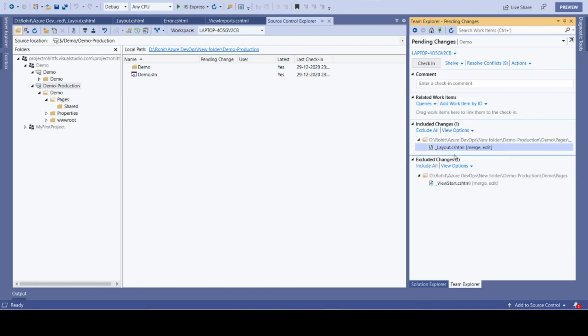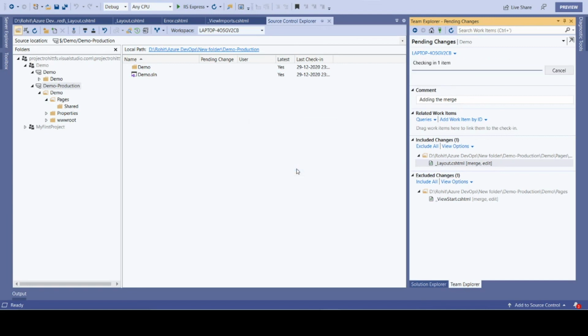So what it will do, it will move this file to the excluded changes. I don't want to check in my change. If I go and check in adding the merge, only the change from the included one will be checked in, not the excluded one.